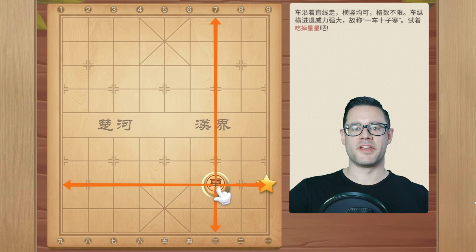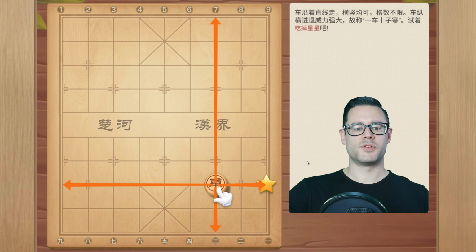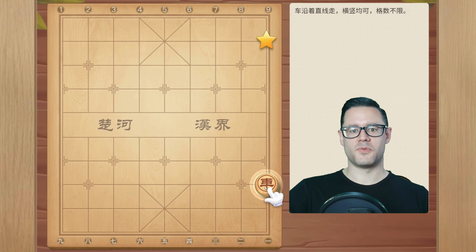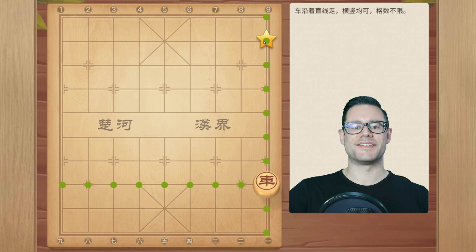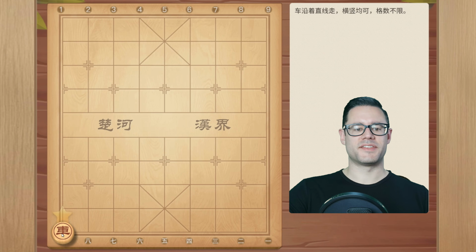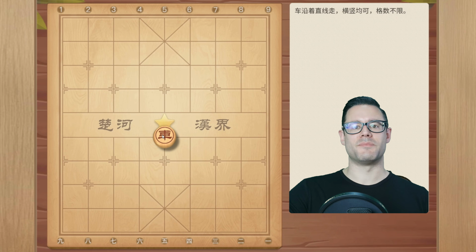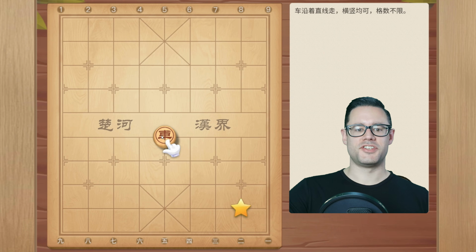Now let's look at chariots, also known as rooks in many translated sources, because they move exactly like the rook in Western chess. So chariots in Xiangqi move exactly like rooks in Western chess. They can move any distance on an unobstructed row or file, so perpendicularly. And this actually makes them the most powerful piece in Xiangqi. In Western chess, the queen is the most powerful piece. But in Xiangqi, the rook or the chariot is the most powerful piece.